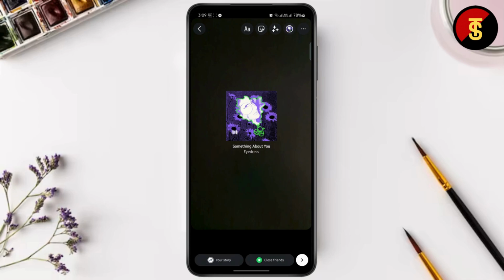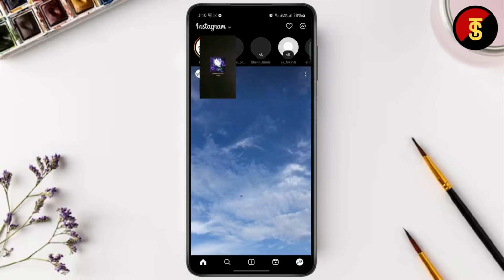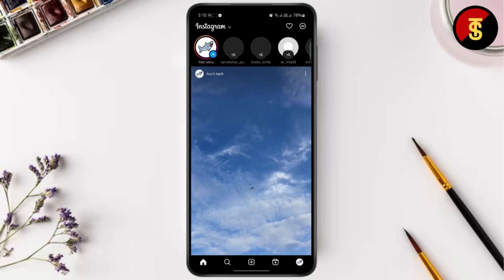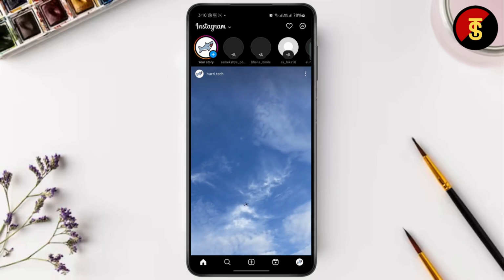If you don't want everyone to see it, you can just post it to close friends, but I don't think that the story finder will be able to find your story to download if you post it on close friends. So I just suggest you post it on your normal story. If you don't want others to see it, you can hide your story from them once, so they won't be able to see your story, and you can quickly delete it and revert back to the original settings. So just post it to your story, and once that's done, what you're gonna do is